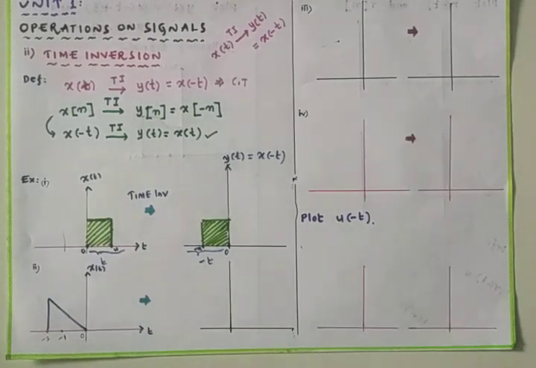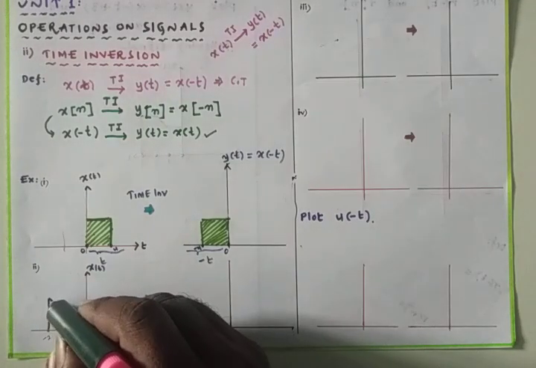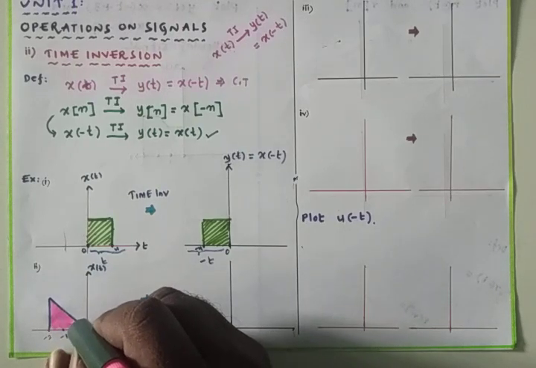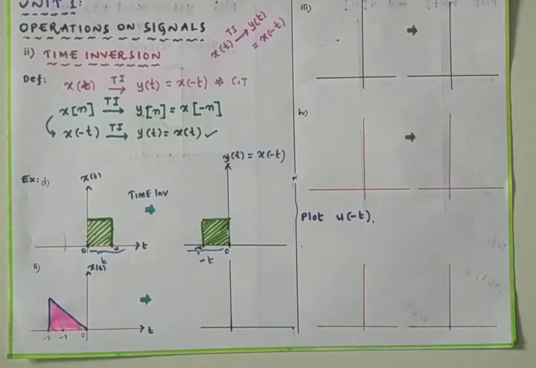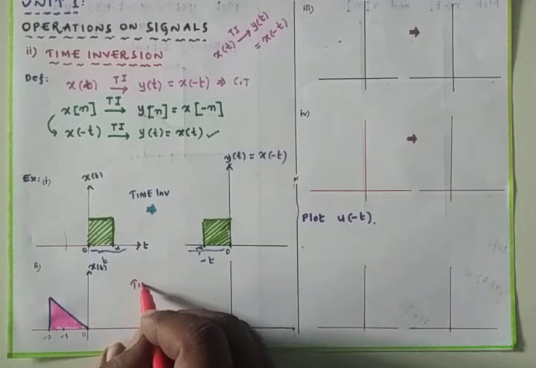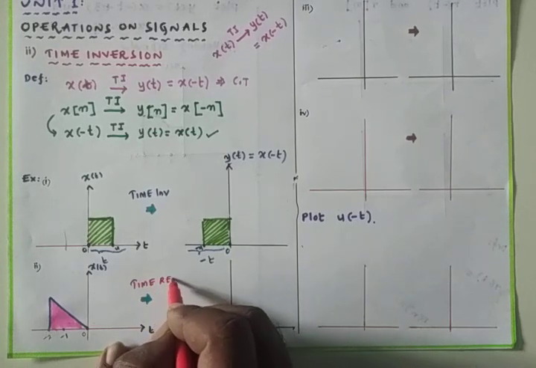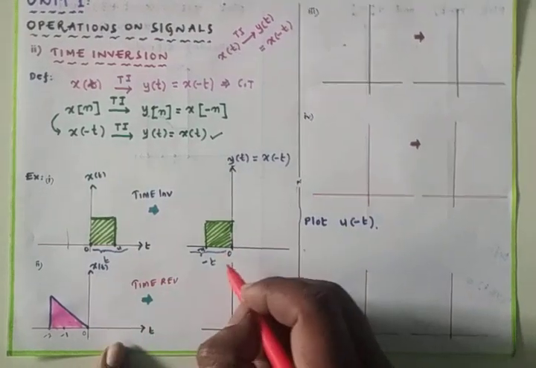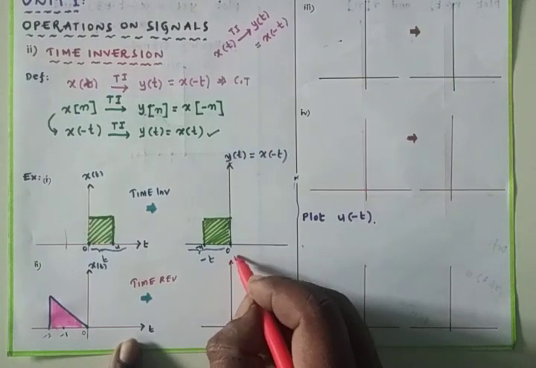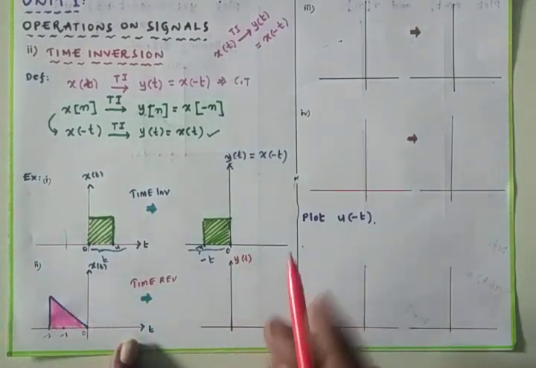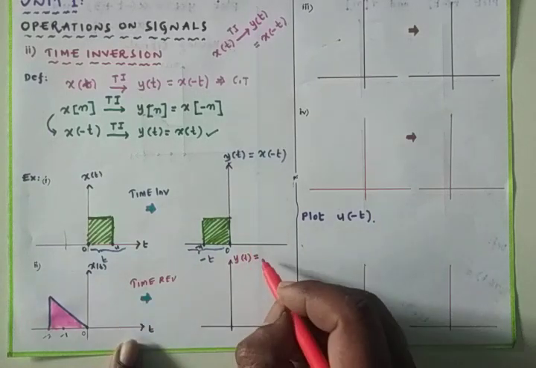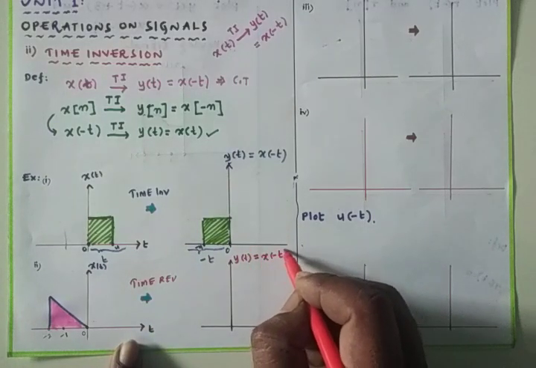So now it is a signal. We can call it x of t. That x of t is a signal. We require x of minus t, because we have x of t on which we applied the time inversion or time reversal operation. Due to the time reversal operation, x of t is converted into a new signal, we can call it y of t. Inversion operation is nothing but simply replacing t by minus t, x of minus t.